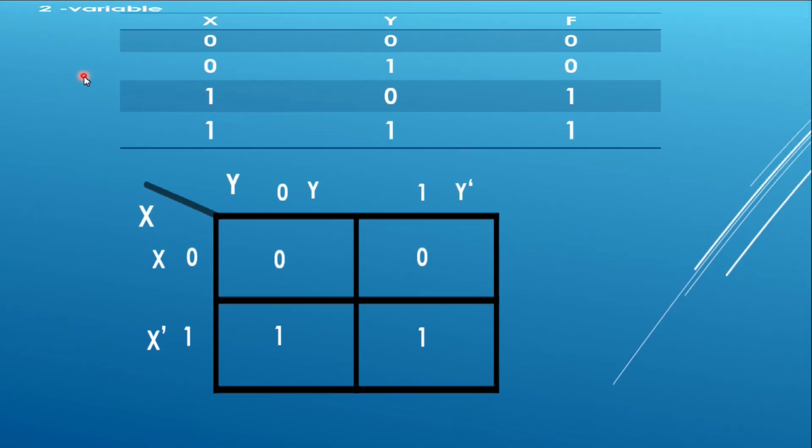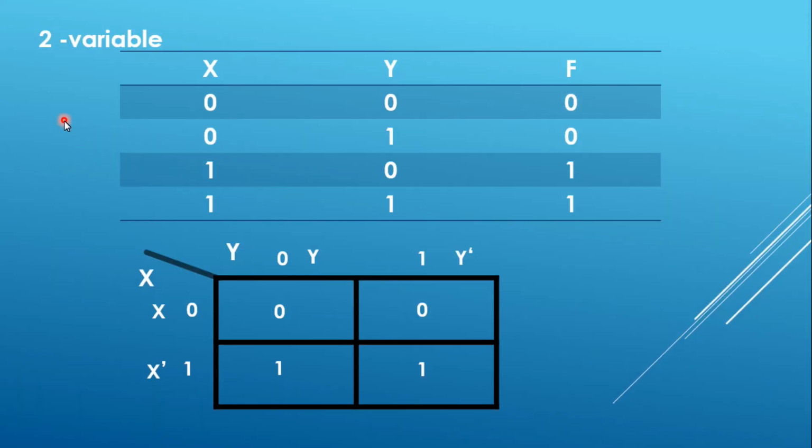Supposing they are represented in POS form, as you have learned that a Boolean expression can be represented in SOP and also POS form. If it is represented in POS form, how will you do the minimization? This we will be doing now. As you are already familiar with the minimization of SOP expression using Carnot map, now you will see how to minimize a POS expression using Carnot map. In this case you have to bother about the zeros in the map.